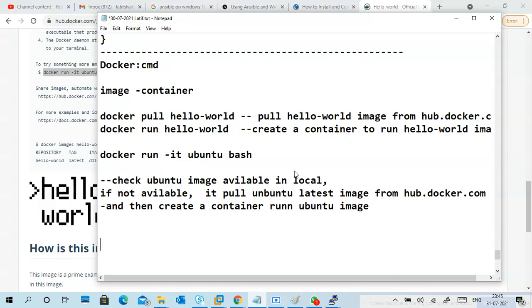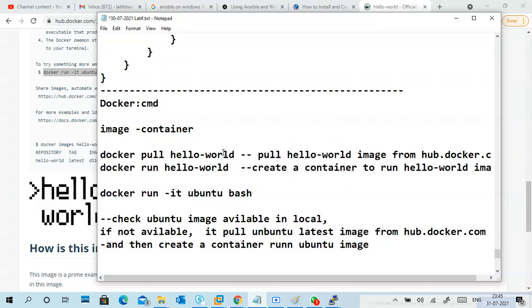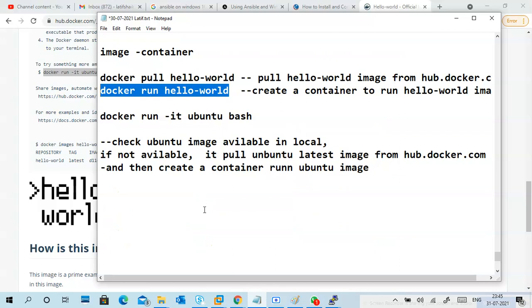So we can create multiple Ubuntu containers also. Pull means you are pulling an image. Run means you are running an image, meaning you are creating a container. If you create different containers, you have to open different terminals, then you can run them.